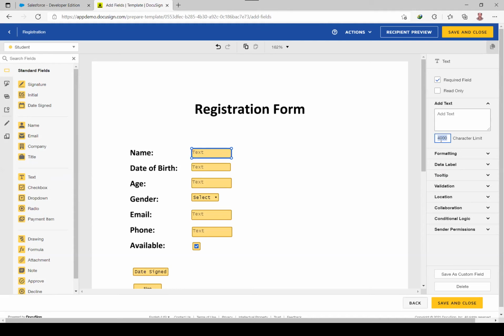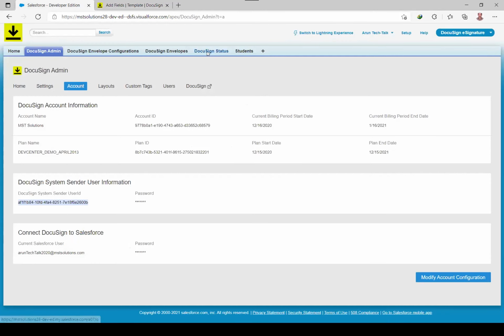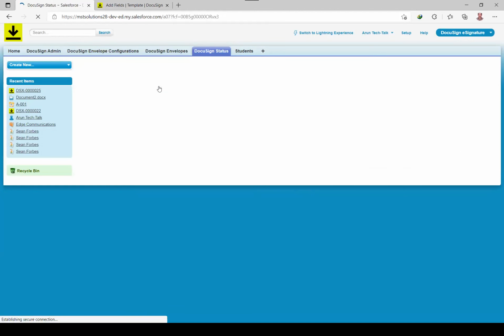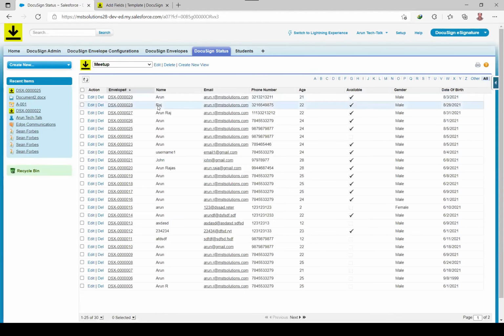Yeah, we need to focus on the character limit. Why I'm saying this is, whenever the form is submitted by our client, we need to capture the exact name field, and then it needs to be updated in our Salesforce. In parallel, I created the name and date of birth fields in our Salesforce. I'll be showing that. So parallelly, I created a set of fields called name, email, phone number, age, available, and gender in the DocuSign status